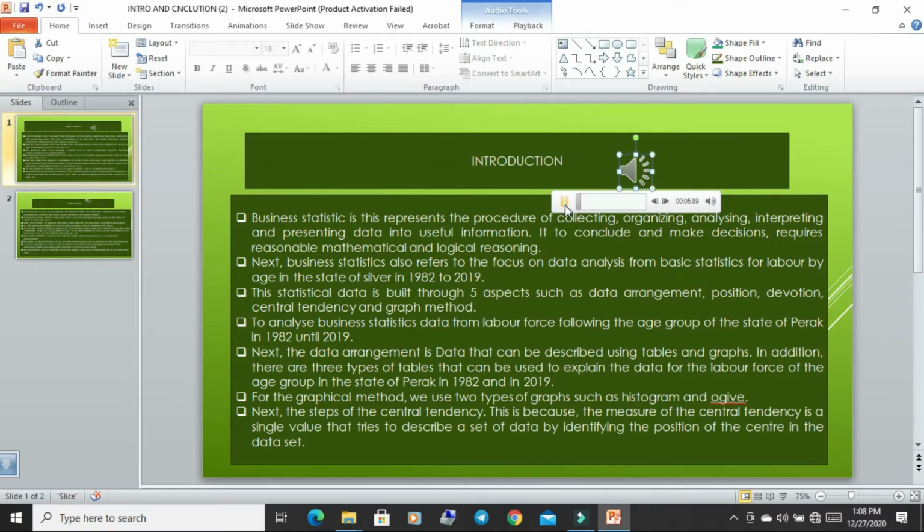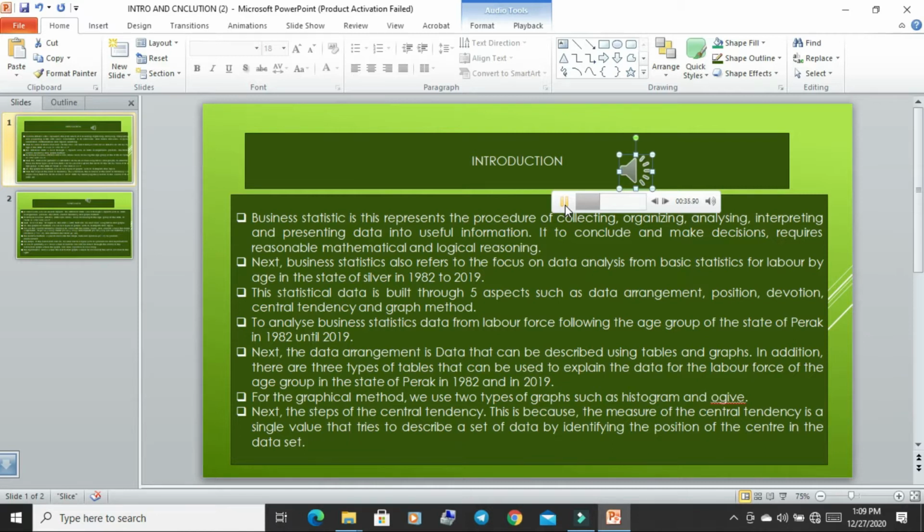of collecting, organizing, analyzing, interpreting, and presenting data into useful information. It requires responsible mathematical and logical reasoning to conclude and make decisions. Next, business statistics also refer to the focus on data analysis from basic statistics for labor force by age in the states of Perak in 1982 to